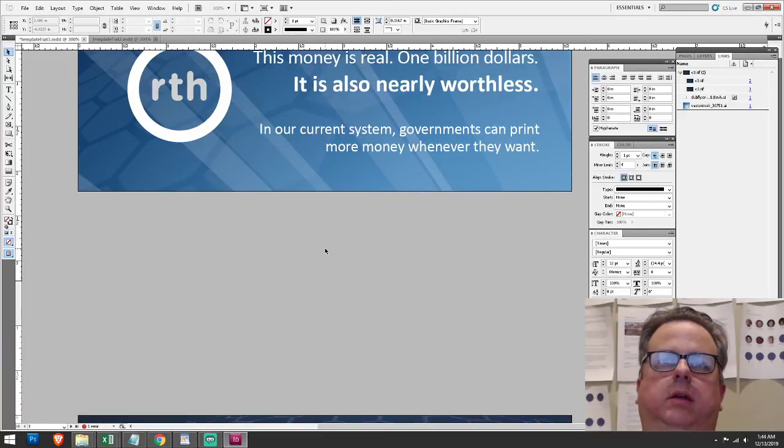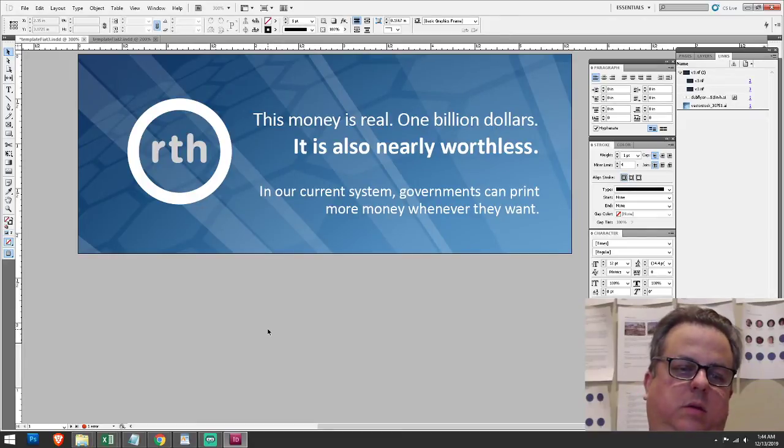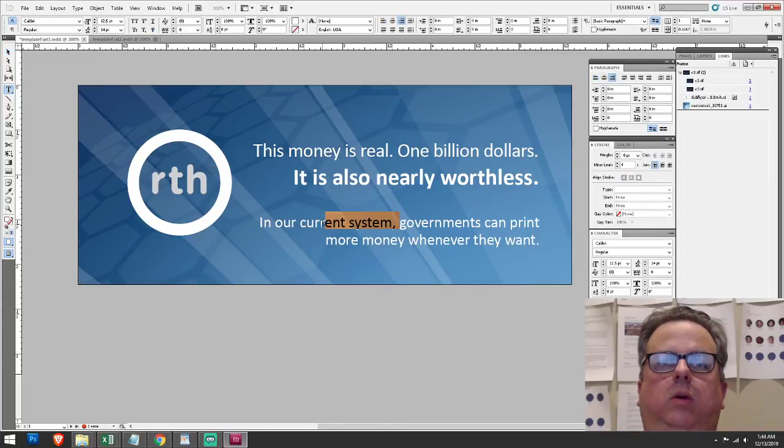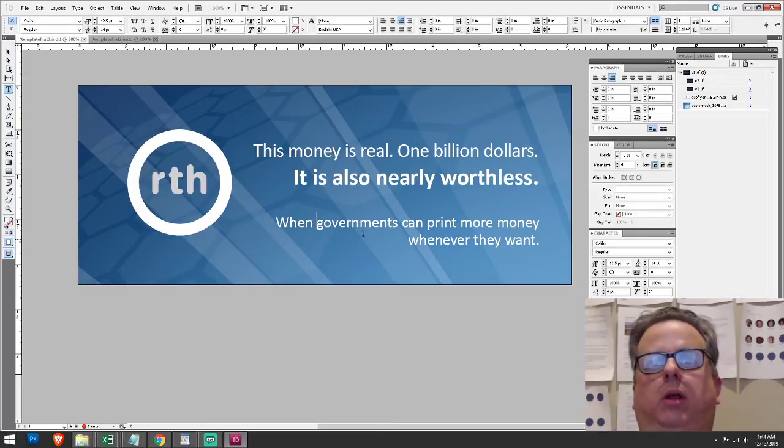And then this money is real. $1 billion. It is also nearly worthless. Let's just say when governments can print more money whenever they want,